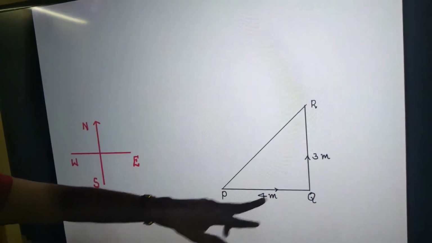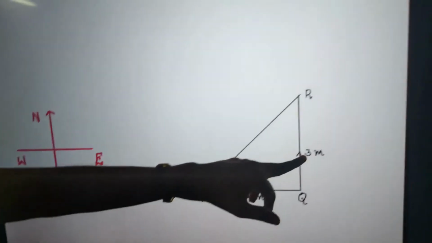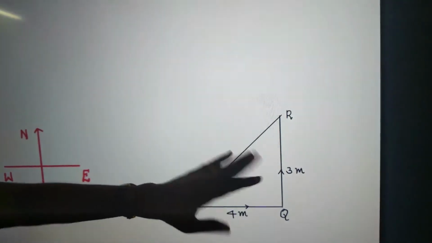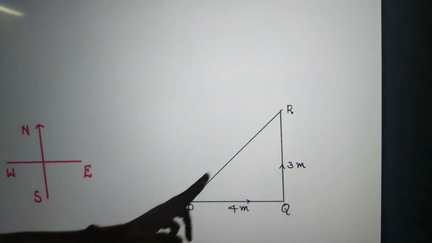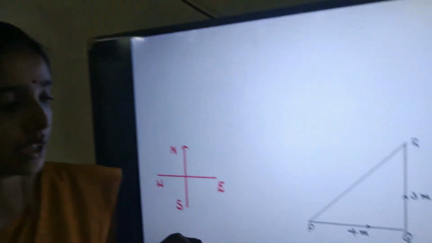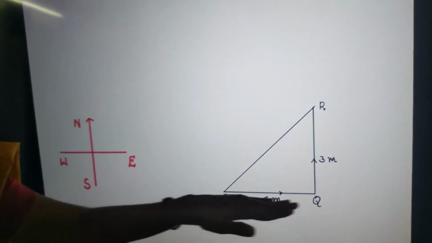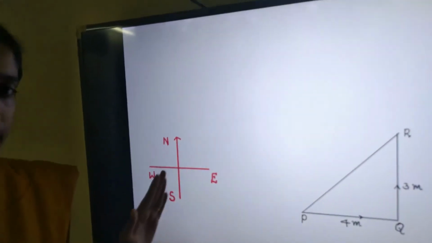When you simplify this, you will get the answer: root of 16 plus 9, so it becomes root of 25. That is 5. 5 meter along PR or 5 meter towards R. But there is another way. The question can be asked like this in the exam. See, this line is parallel to this one, and this is parallel to this vertical, right?